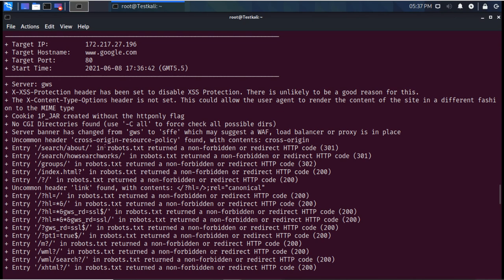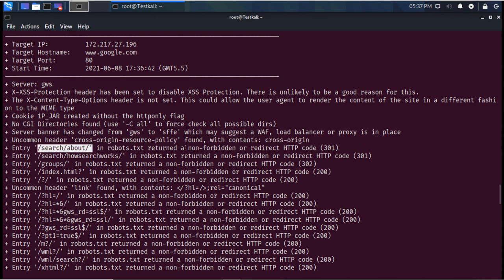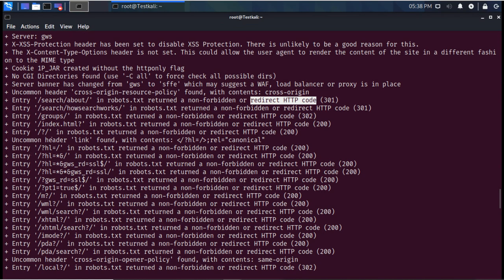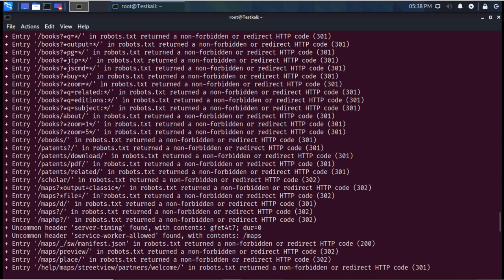It is saying that this entry, this directory, is not forbidden or a redirect HTTP code. So in the robots.txt, these directories are not forbidden. It is also saying uncommon header link found with the content of this. So not much we have in Google, we have only these which are not forbidden in this robots.txt file.